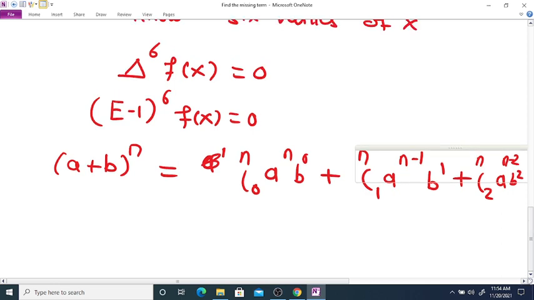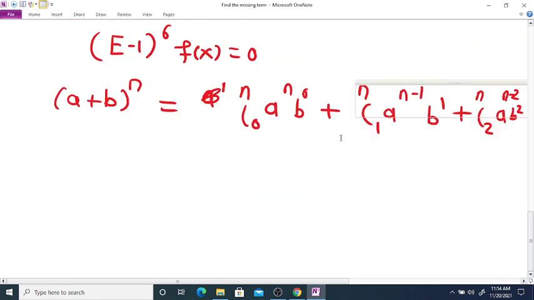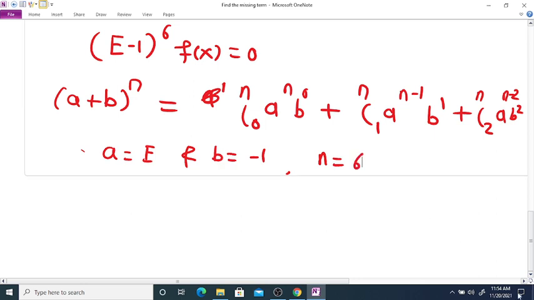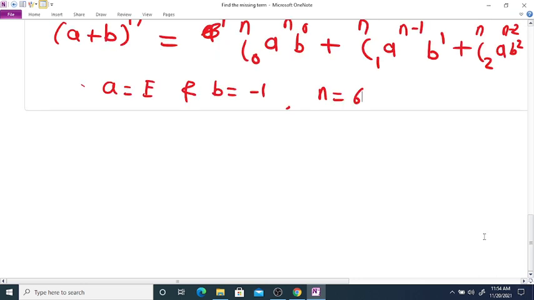We can expand this (e − 1)^6, where a is equal to e, b is equal to −1, and n is equal to 6. So if we expand this, then (e − 1)^6 f(x) is equal to